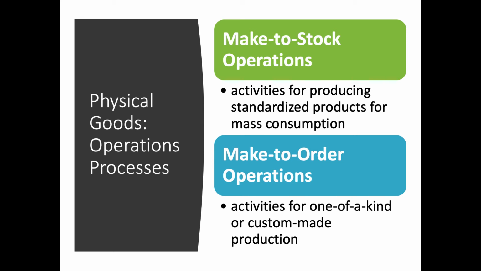to one person's measurements. In that process, you go in, and you're measured several times perhaps before the tailor ever starts to draw up your actual suit. Then certain parts are made, and then you come in for a secondary fitting to make sure that it fits according to your liking, and then the suit is finished. It only fits one person. It only fits you. And of course you pay a premium for that, but as you return to this slide, you can see it's really a different type of operations when you are making made-to-order versus made-to-stock. That's the primary consideration when we talk about physical goods, at least in this chapter.